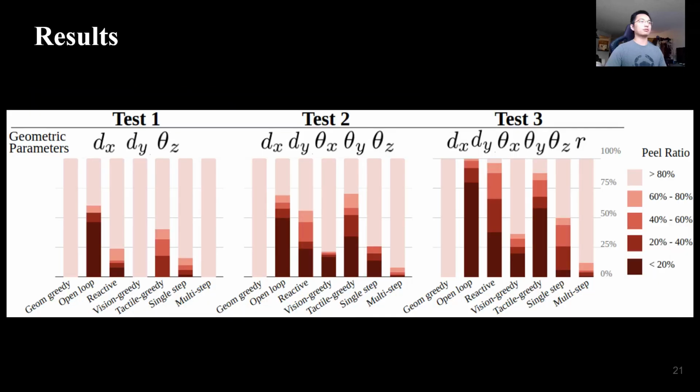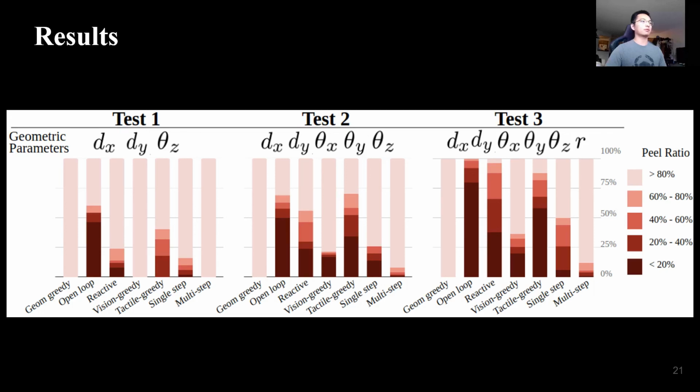The quantitative results show what percentage of the Velcro each strategy can peel within the time limit. Basically, the longer the lighter region is, the better this strategy performs in these test cases. In each case, the leftmost one is the full observability strategy. Next to it is the open loop strategy, which randomly picks a direction and pulls towards it. The reactive strategy observes tactile feedback, but it uses only a multi-layer perceptron to predict the action, so it doesn't have